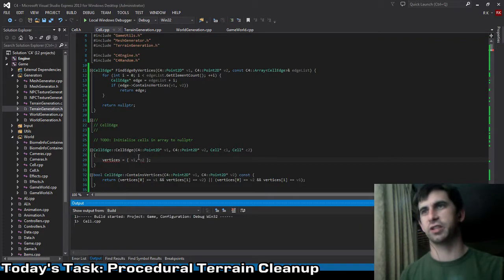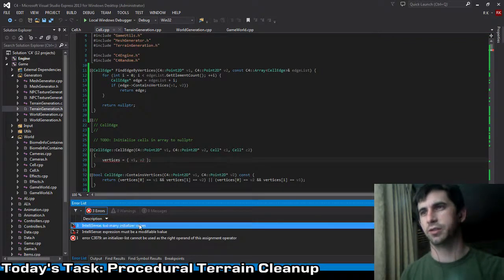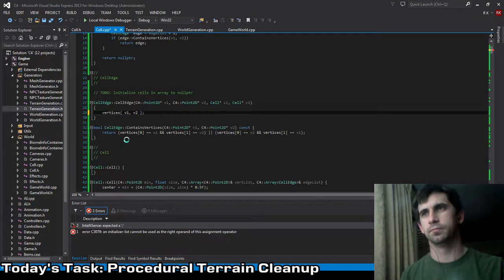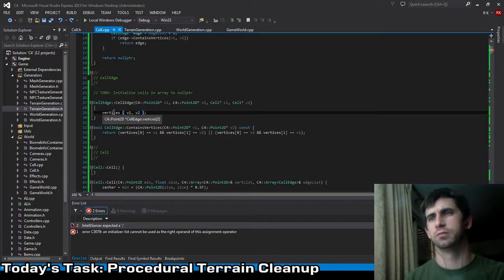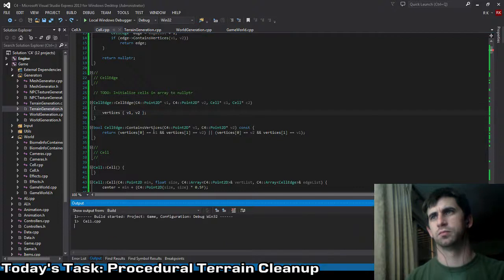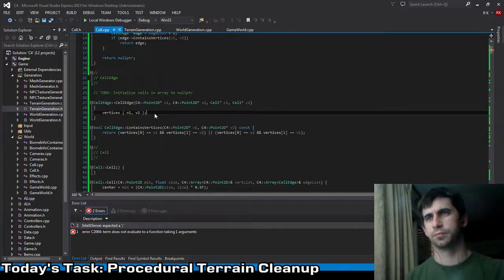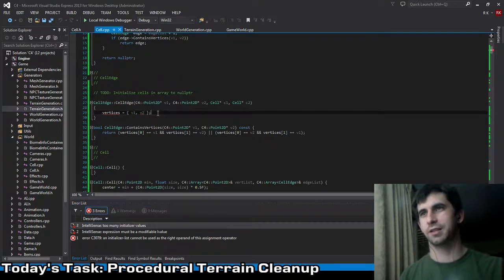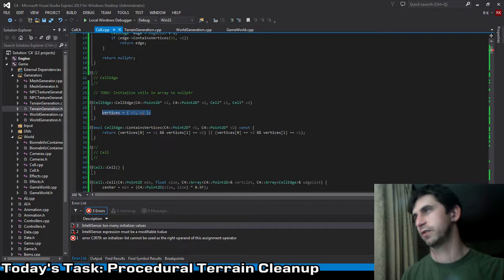Just have a default initializer in here, or like a too many initializer values. Really? Man, I was hoping that this would be like a cool way to get this done that would be nice and easy instead of the vertices 0, la la la, like